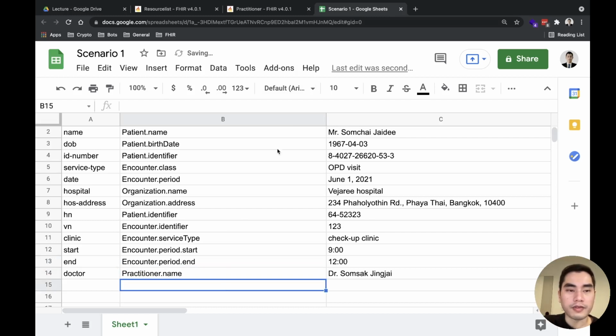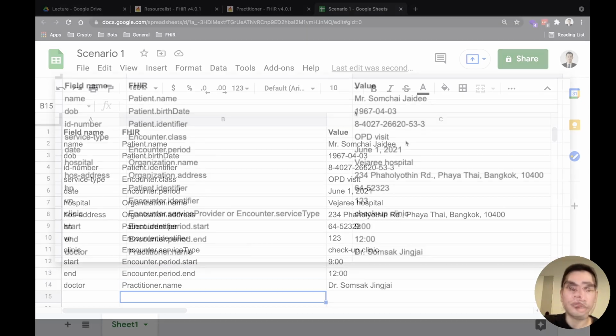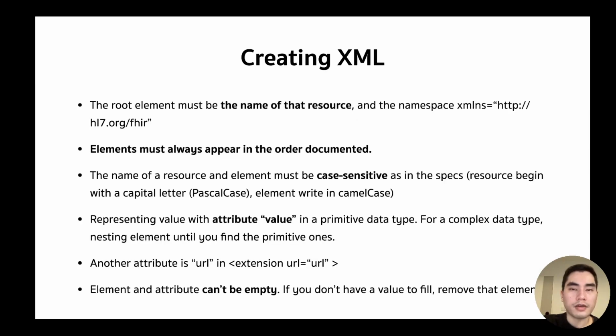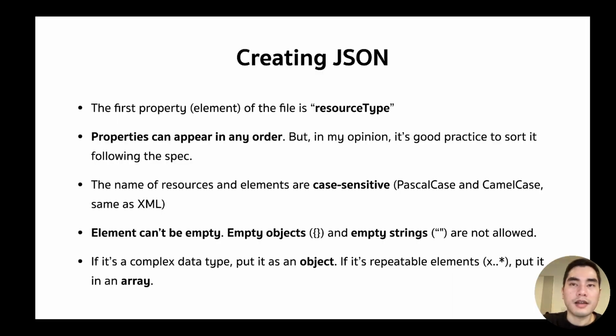Now we have mapped the local dataset to FHIR resources like this. Next, to create a FHIR resource, we have three ways to represent the resource. First one is XML. Second one is JSON. The last one is RDF.